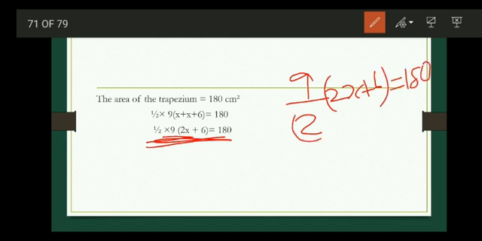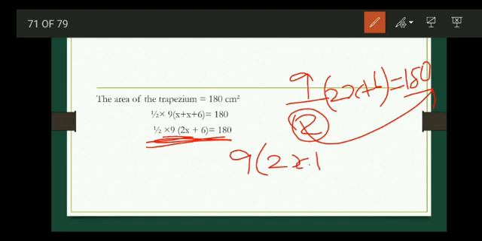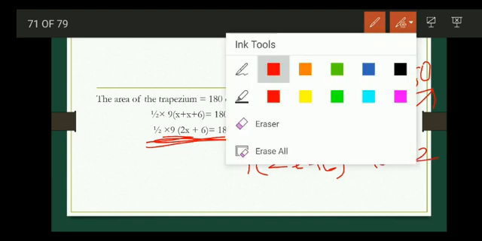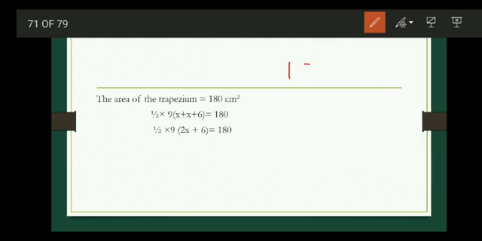Here this 2 is in division. If you take this 2 to the other side of the equal sign, it will go as a multiplication. So it will be 9 into 2x plus 6 equal to 180 into 2. Right. When you multiply 180 into 2,